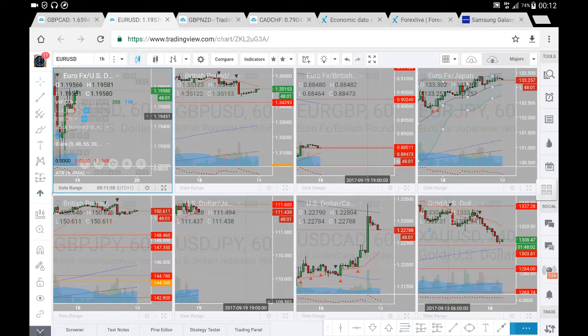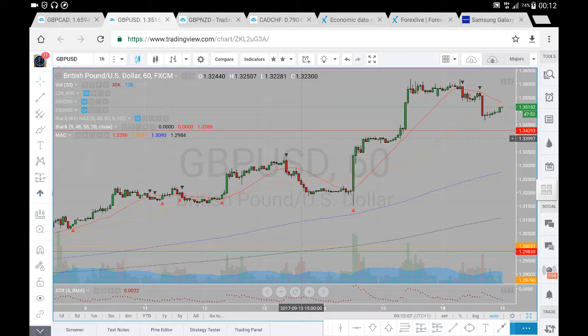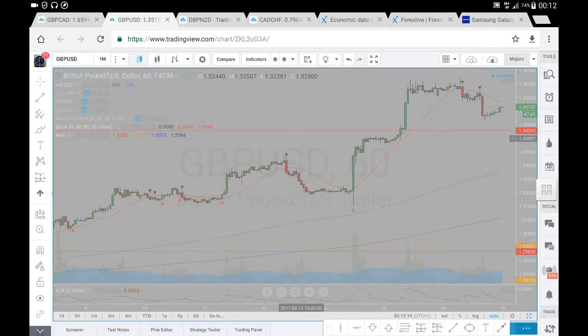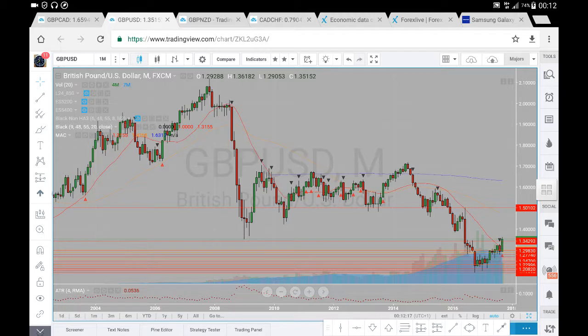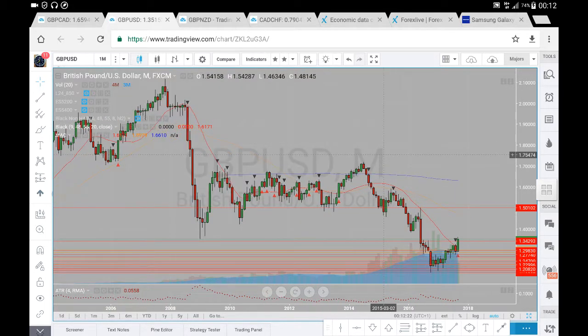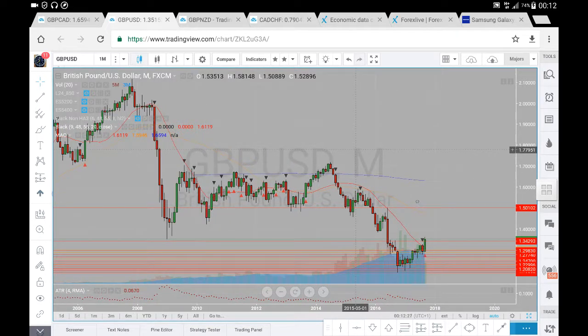So I'm going to be looking at the pound dollar. I've looked at the euro dollar in a previous video, so I'm going to look at the pound dollar. Now, let's go out to the larger time frames, as I like to start in larger time frames, and let's see what's happened. Now, what we've had is price has come down into the area around the 120 level,